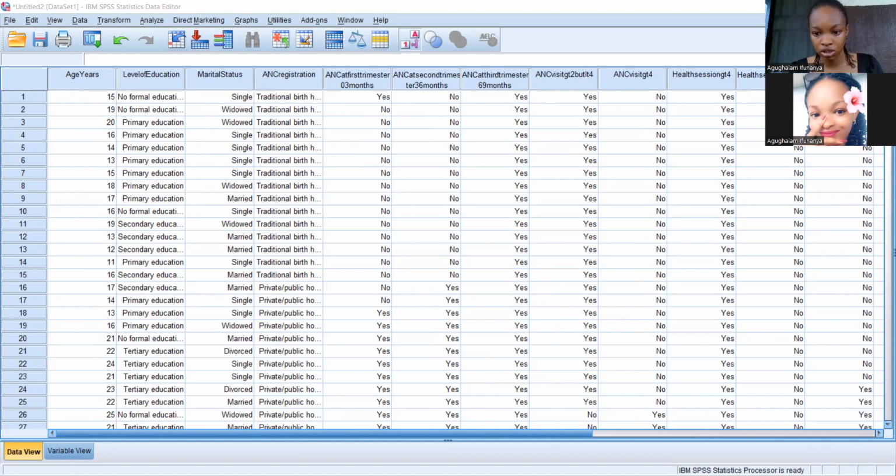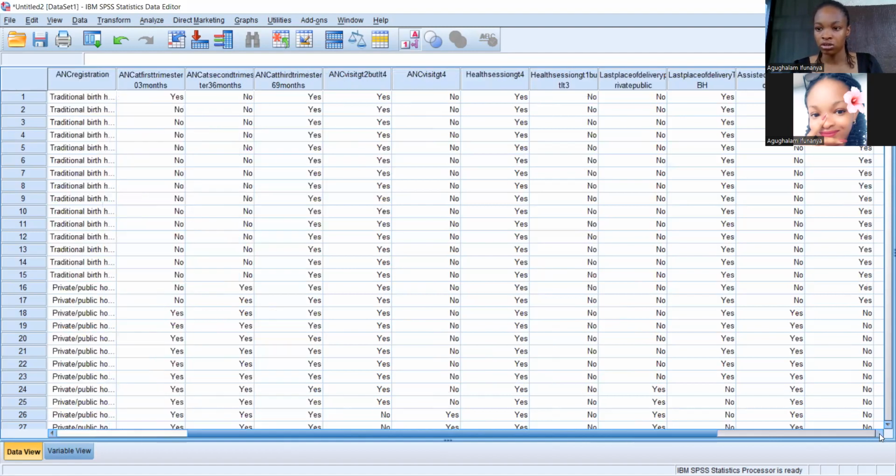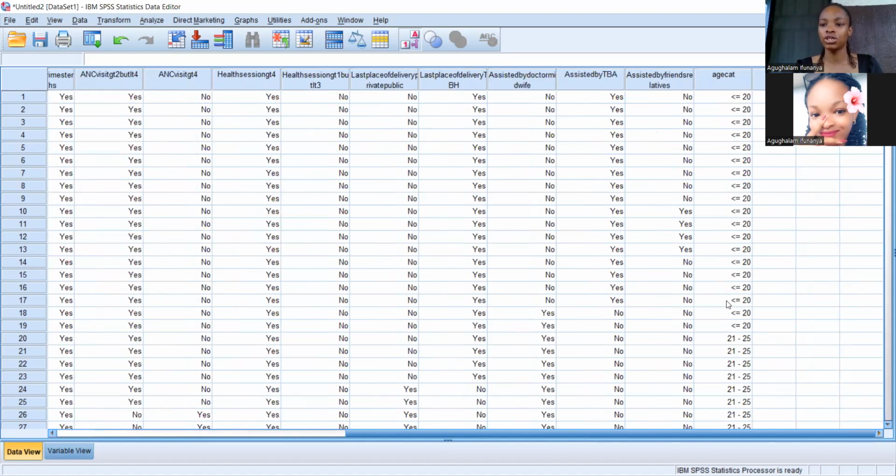It shows this. You click on make labels and then your labels show. You click on OK. We create one variable, say OK. And then you go to your data, you see that your age cut